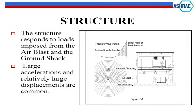All right, so you look at some of this equipment in here, and what happens is the equipment starts to want to move back and forth, right? Or actually more in one direction than in the other directions, right? So what you're trying to do is make this stuff survive, right? So what you're trying to do is make all of this survive what happens in the air blast itself